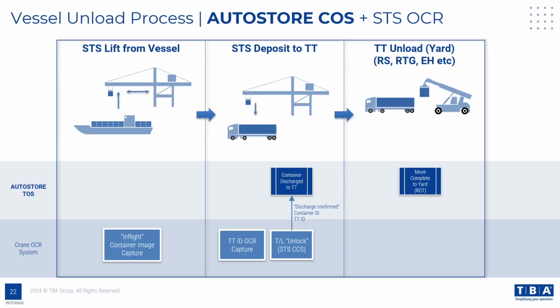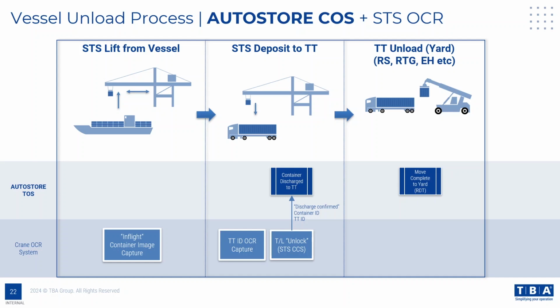So the first that the TOS knows about the container is when it's identified by the OCR system after it's lifted from the vessel. It's in travel on the trolley towards the terminal truck, and the first we could know about this in TOS is the unlock event here. So the twist lock is unlocked over the terminal truck, and at that point the system will pass on,